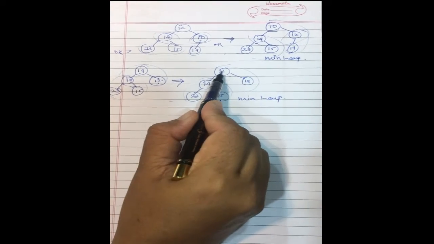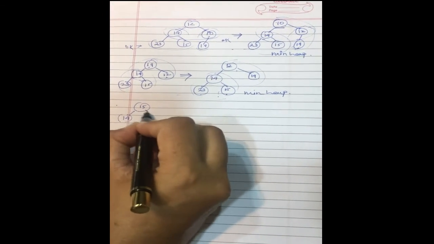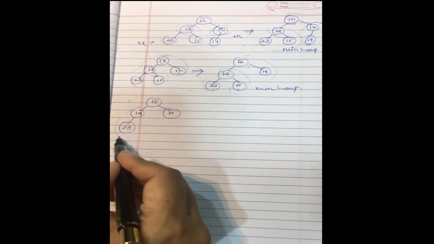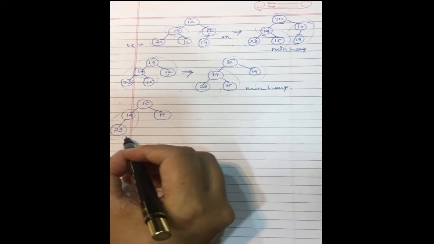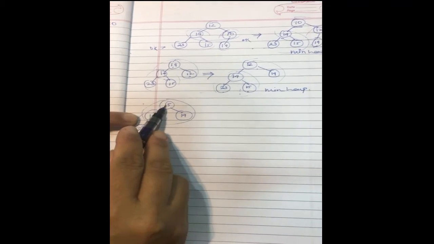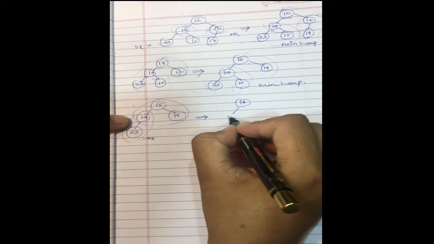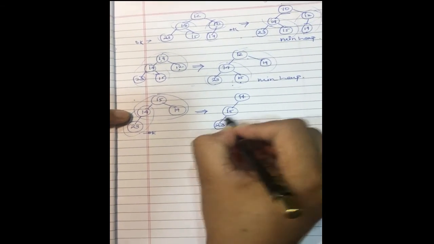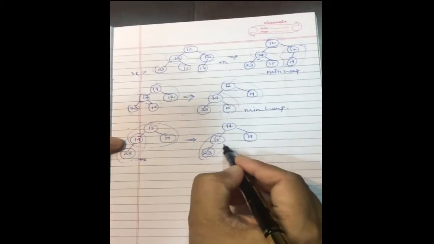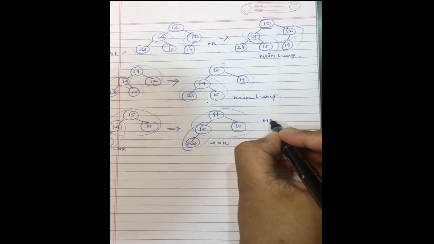So 15 will be shifted to 12's position. So our new tree will become 15, 14, 19 and 23. So this is our new subtree. By checking this you found it is okay. This is another subtree and you found it is not okay. 14 is to be shifted upwards. So our new tree will become 14, 15, 23, 19. So now again checking this subtree, okay. Now check this subtree, this is also okay.